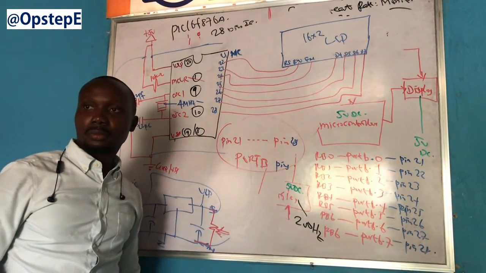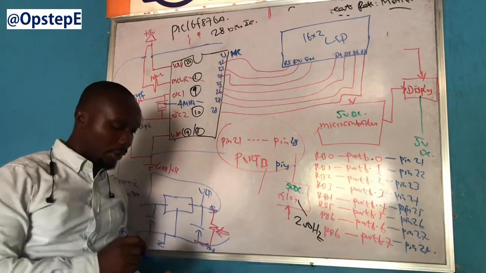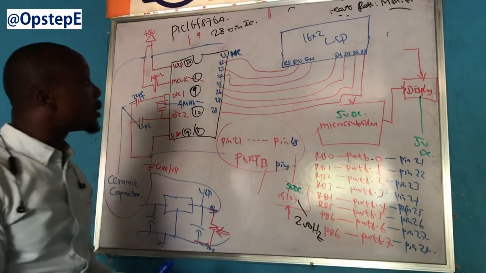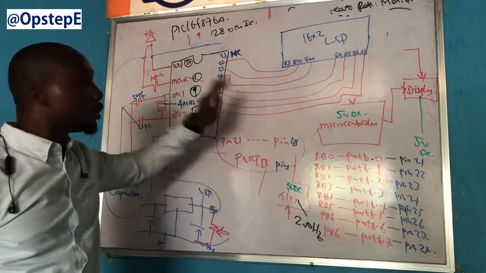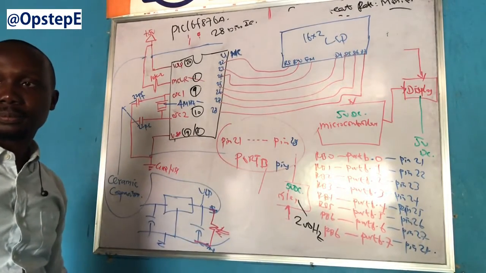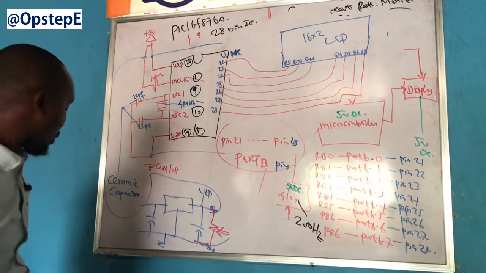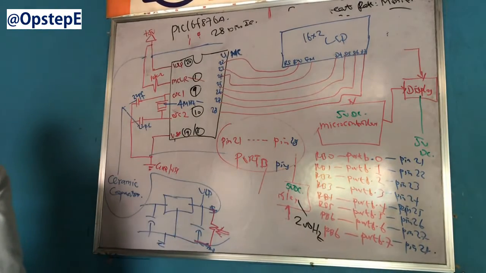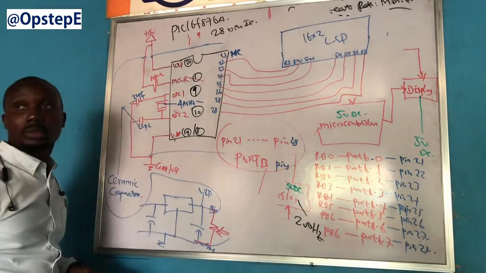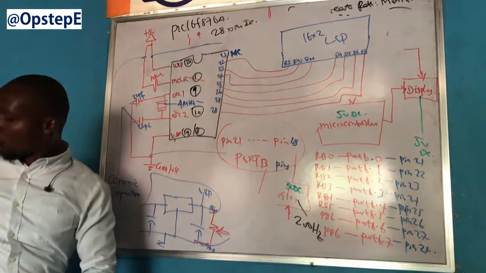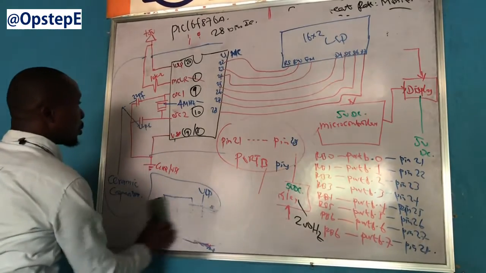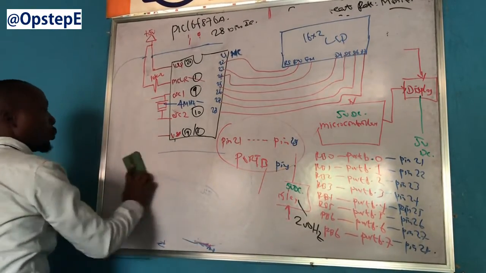Does it make sense? It's clear? So that is how the LCD was connected to the microcontroller. So, can I continue? What we have left to talk about will then be